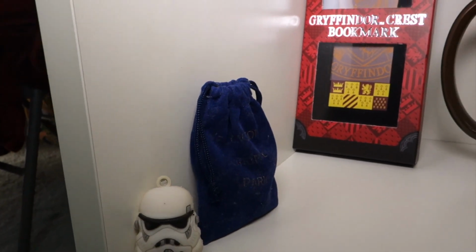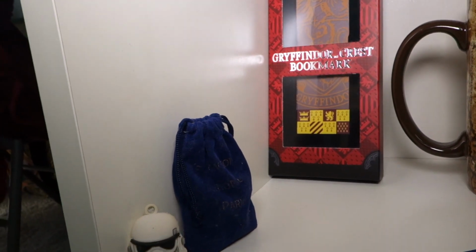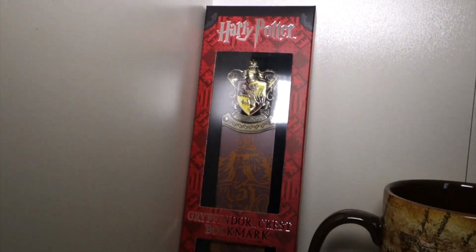And this is a rock from Yellowstone, and the last time I filmed it, I took the rock out and it wasn't even that exciting. But that's what the rock looks like. I thought it was gonna be all cool or something. I have the